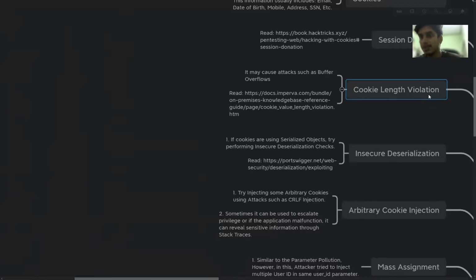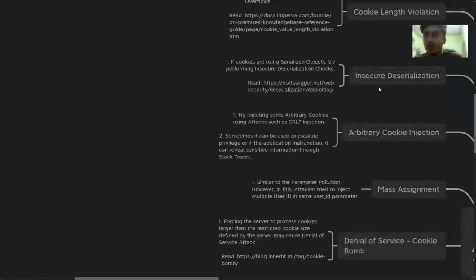But what if I provide 10,010? What if I provide 11,000 characters? If the application crashes, this is a security issue: the cookie length measures are not implemented. I used to never check this issue because I never knew it could be checked until I explored it. So it's always good to explore and know these kinds of things.